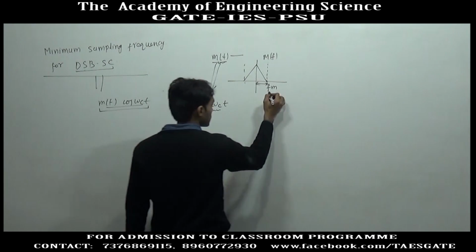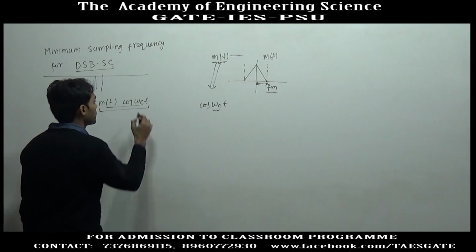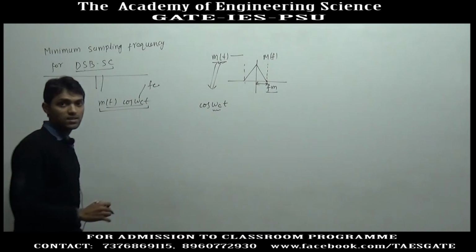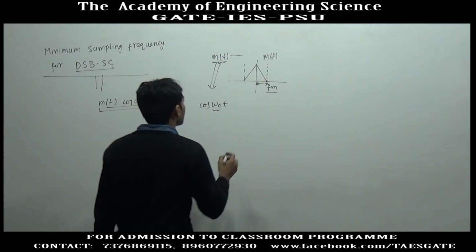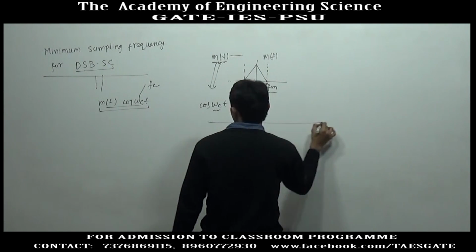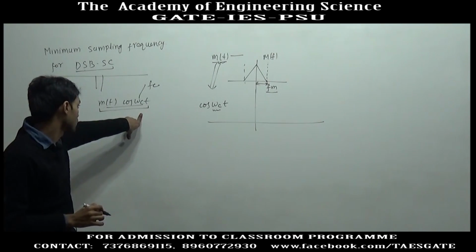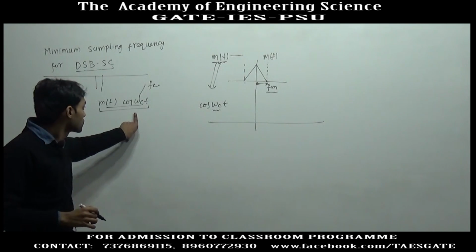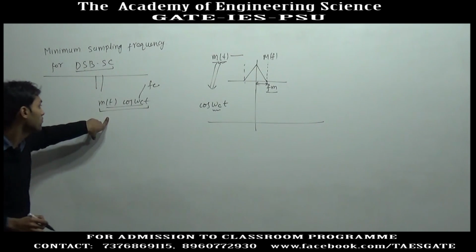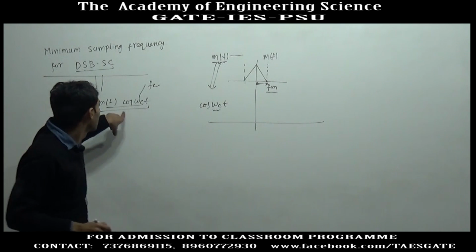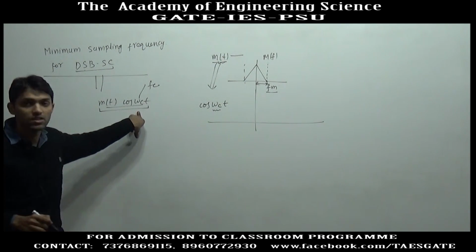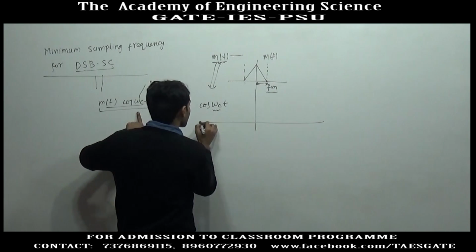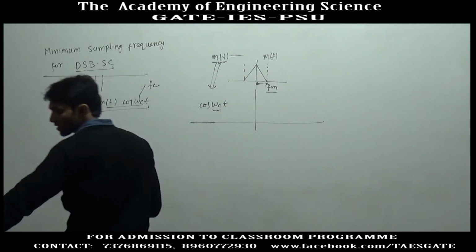If this is in kilohertz, normally the Fc, the carrier frequency, is in megahertz. So, if this is Fm and we want to find out the Fourier transform, these two are multiplied. So, if we want to find the Fourier transform of this signal, we will have to take the convolution of the Fourier transform of m(t) and the Fourier transform of cos(omega ct). The Fourier transform of cos(omega ct) is